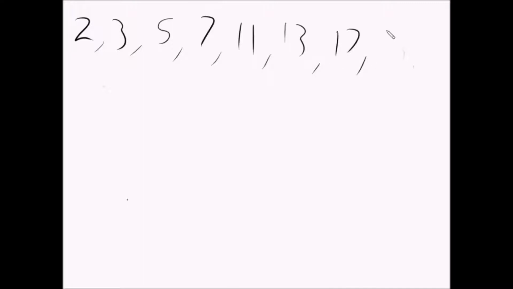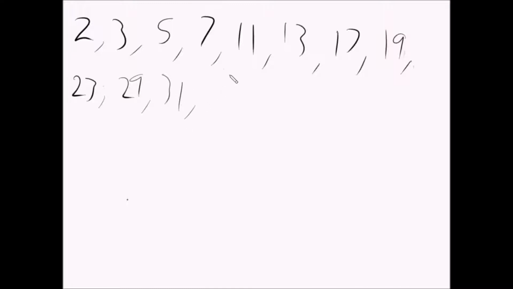So in this video we're going to look at the sequence of prime numbers and the sieve of Eratosthenes. The sequence of prime numbers you've probably seen before at some point. It starts with the smallest prime, which is 2, 3, 5, 7, 11, 13, 17, 19. Just write out the first few primes up to, say,